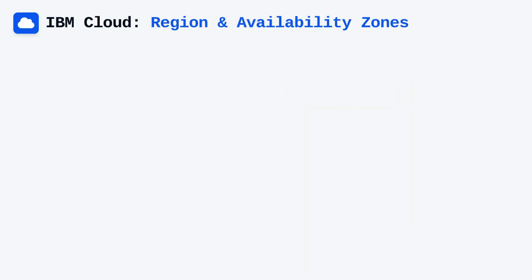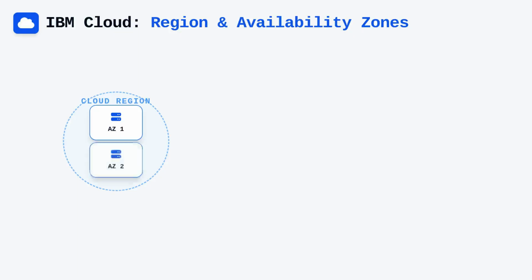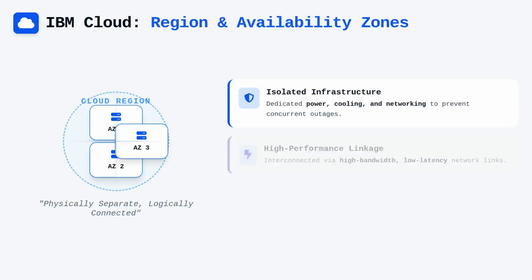In the IBM Cloud ecosystem, a region is composed of multiple availability zones, which are isolated locations designed to operate independently. Each zone houses its own physical infrastructure, including dedicated power, cooling, and network hardware, effectively insulating it from failures in neighboring facilities. While these zones are physically separate to minimize the risk of concurrent outages, they are interconnected via high-bandwidth, low-latency networking links. This design is foundational for building highly available systems, as it allows architects to distribute components